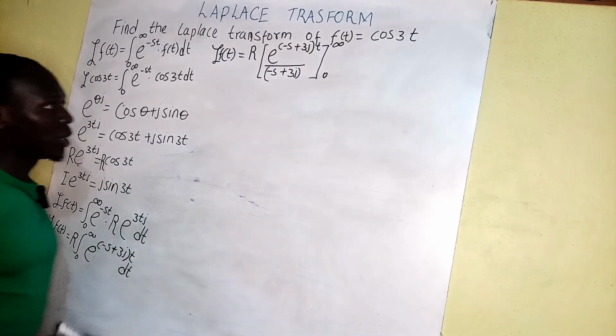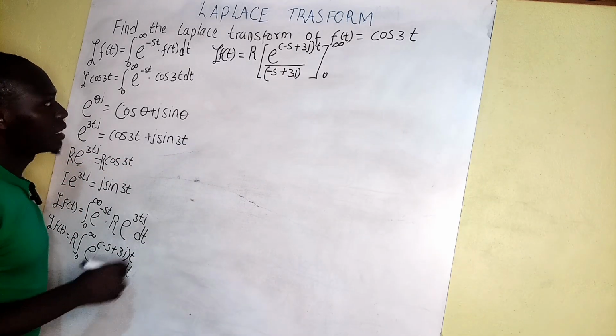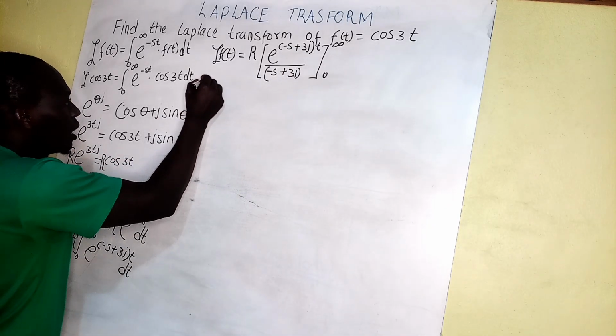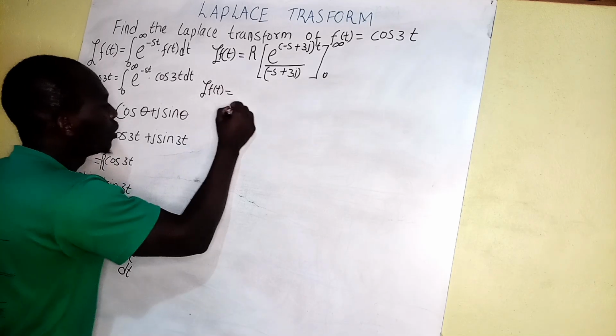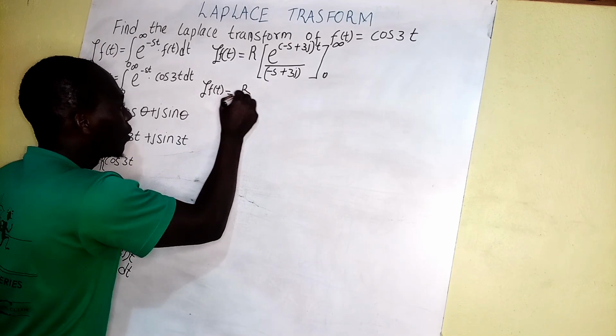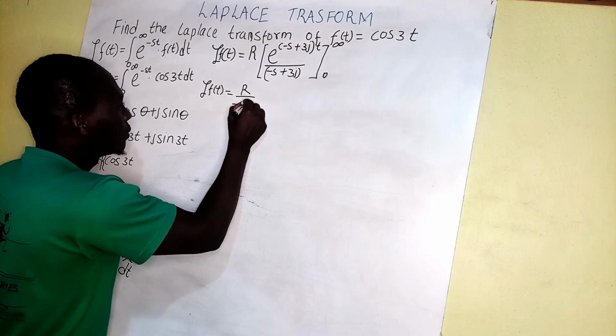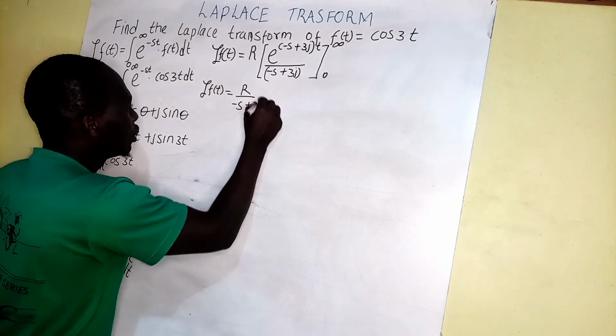Let us now deal with the limits, whereby we now have the Laplace transform of our function f(t) equal to R all over negative s plus 3j,